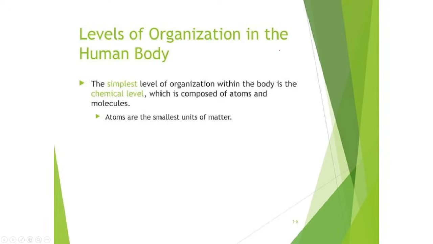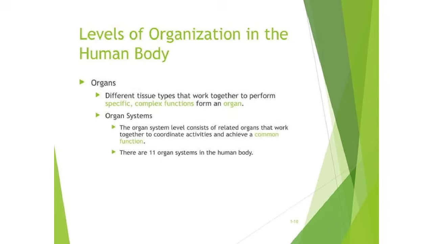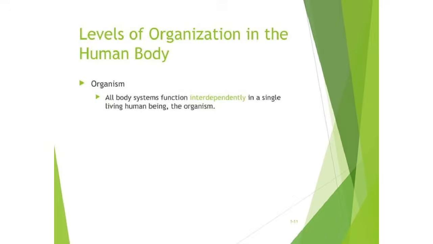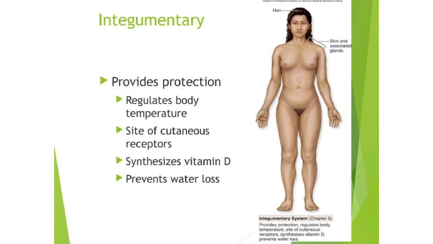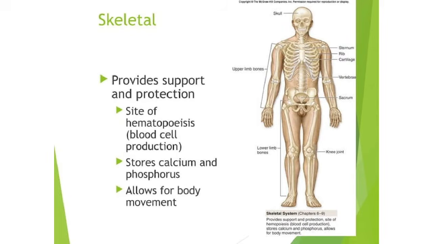Next, the same thing we explained in each and every level. Next, different organ systems. I told you different organ systems are available in our body. What are they? First one is integumentary. It's related to skin. We are studying the integumentary system in a separate chapter. Okay, we will study each and everything in that unit.